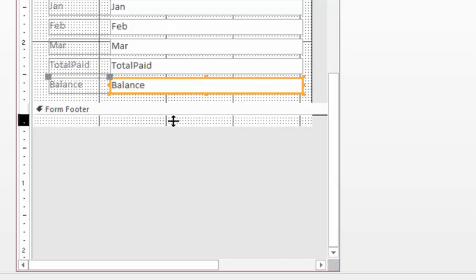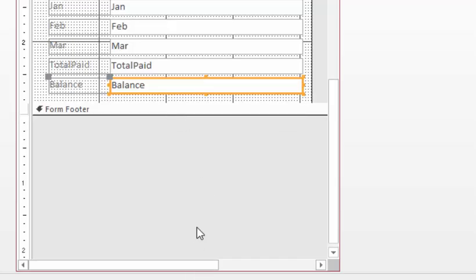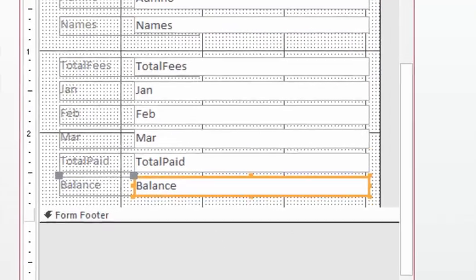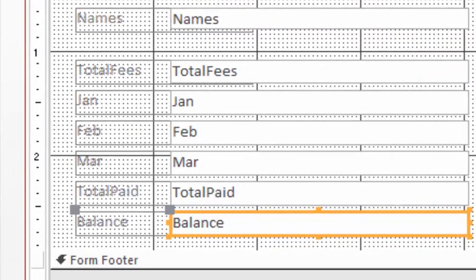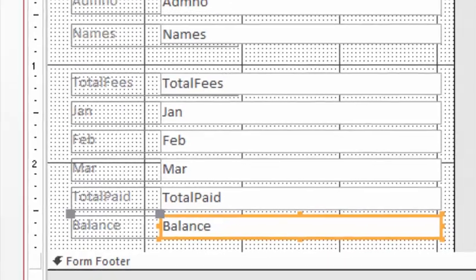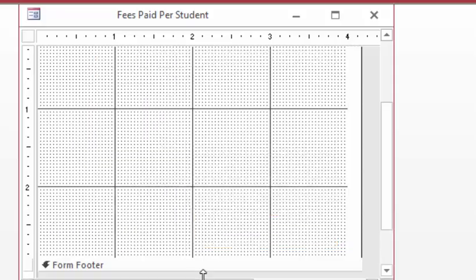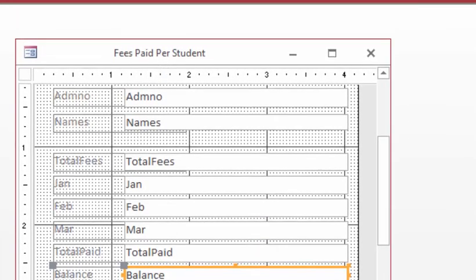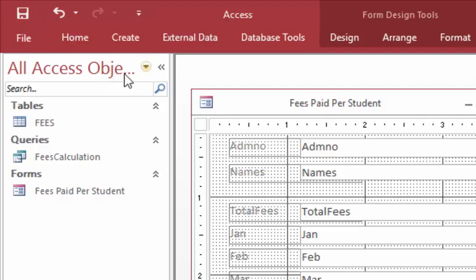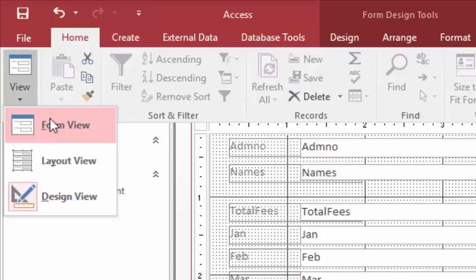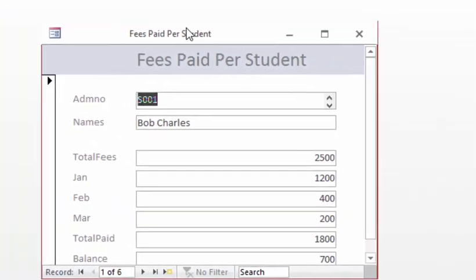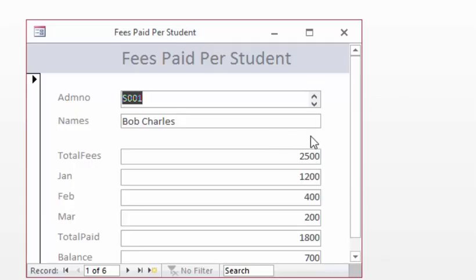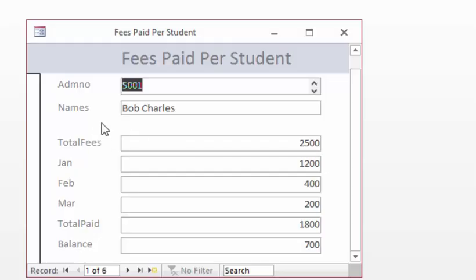Even this one, I don't want it to appear here. Point at the edge and squeeze. Yeah, like that. And let me save and see how it looks. Go to home, form view. You can see still the scroll bar appears, and I don't want it, so I will go back